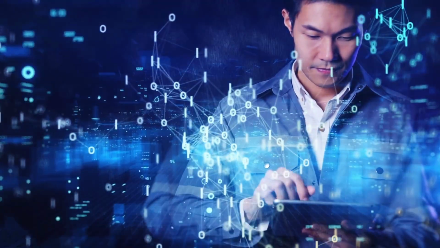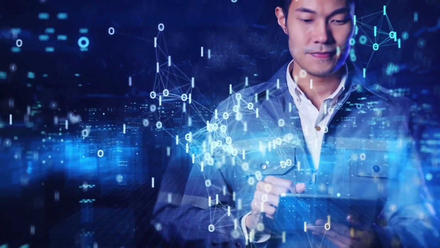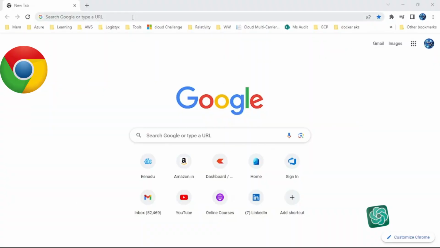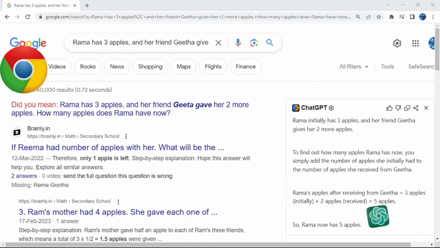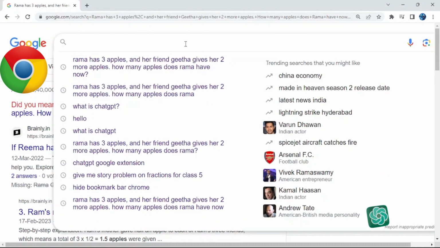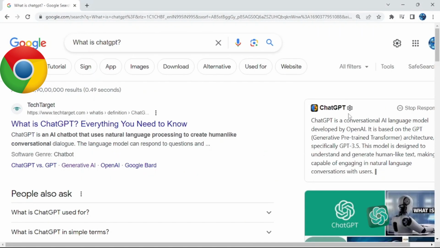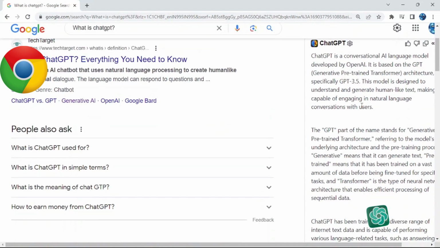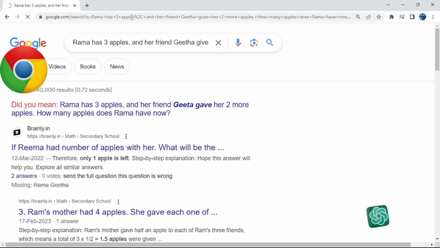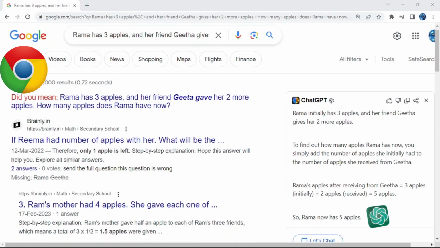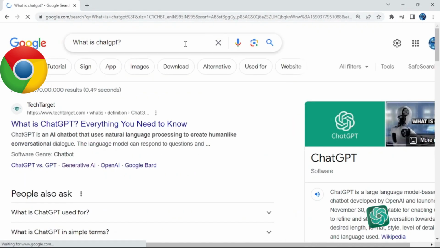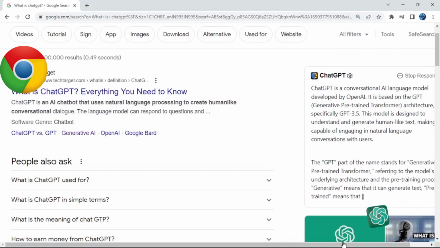Today I want to talk about the ChatGPT extension for Google. Generally we depend on Google search on the internet. Now we are using ChatGPT. What if both of them were available side by side in the same place? These two powerful tools, each with their unique strengths, would complement each other and provide users with an unprecedented level